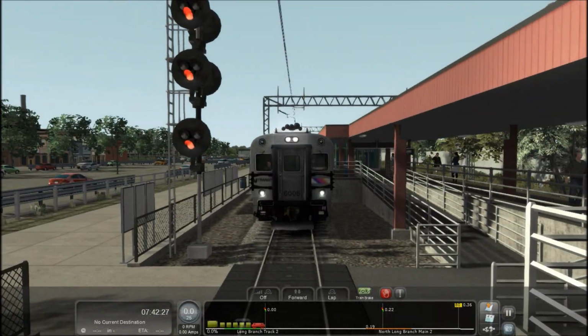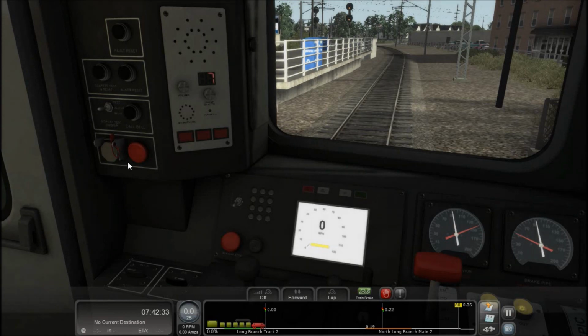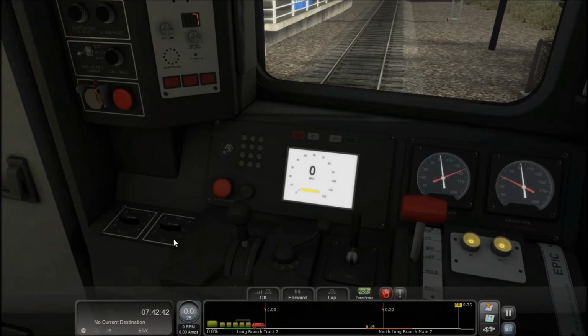Once again, J turns on. J toggles the ditch lights. There is an option in the cab car to actually have the ditch lights flashing, which I think is pretty cool, but I don't know if there's a keyboard shortcut for that. Yes, okay, so the keyboard shortcut to make the ditch lights flash is to hit Control,